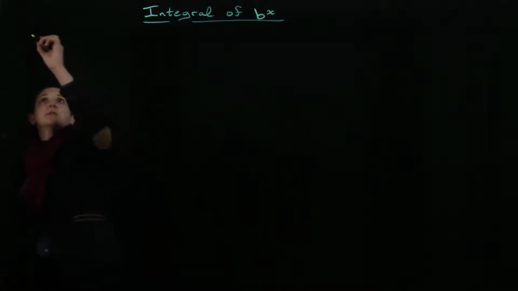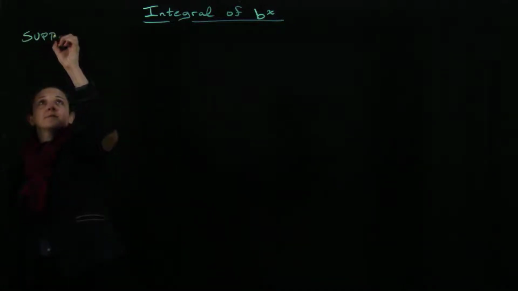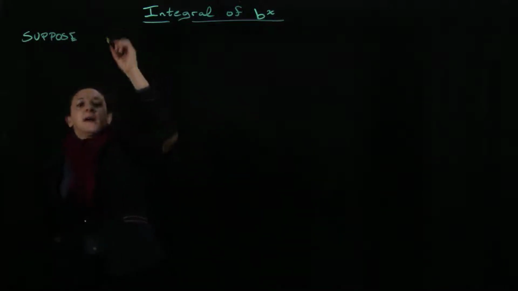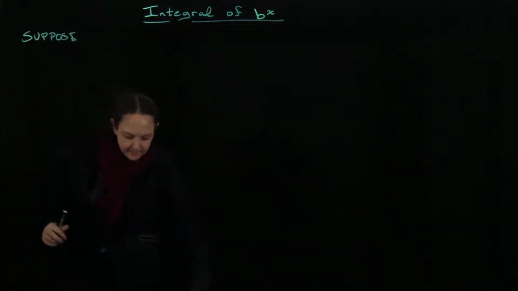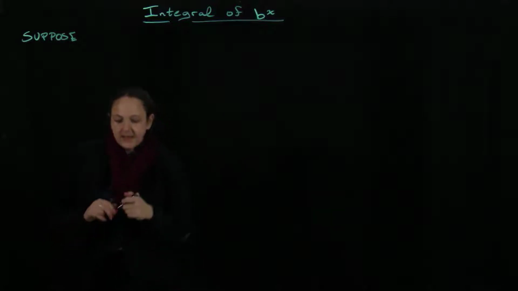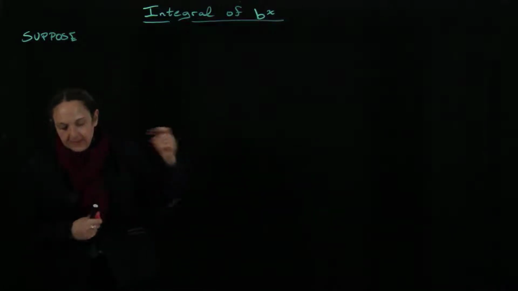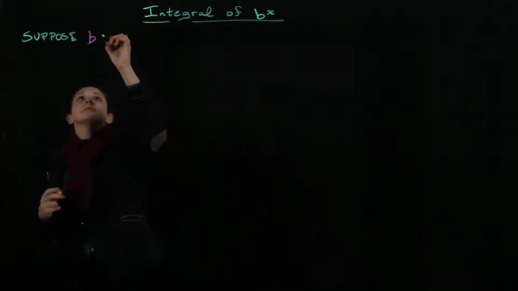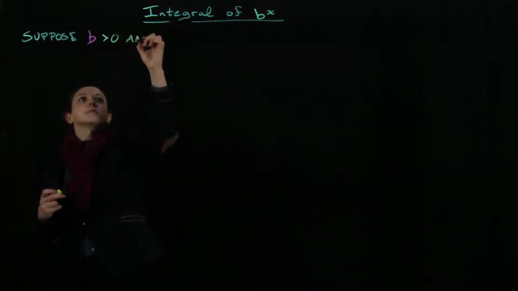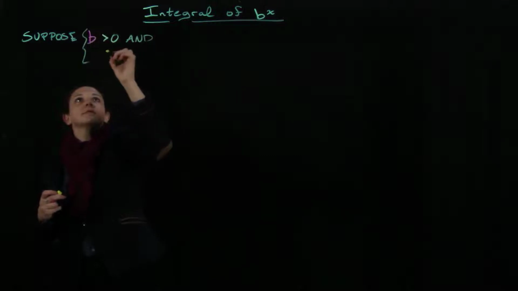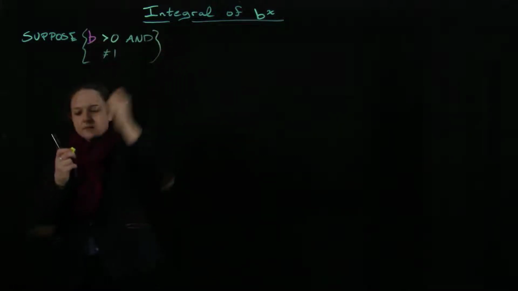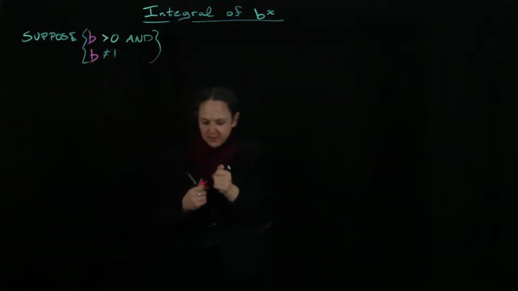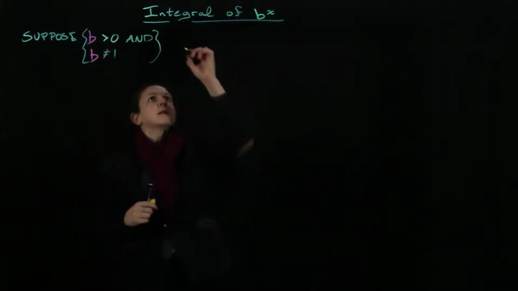So suppose that we have, maybe I'll make this be red, a b that's greater than 0 and not equal to 1. So I want to say b is not equal to 1. Okay, if we're in this circumstance, then we're going to have that the integral